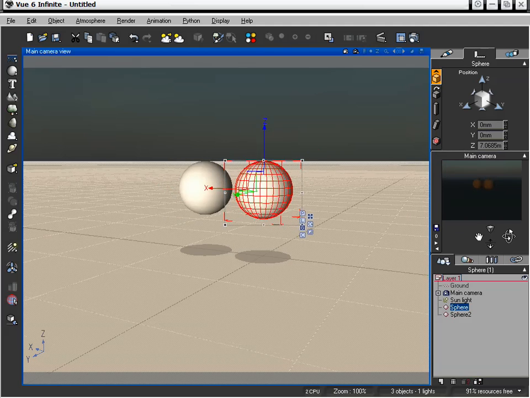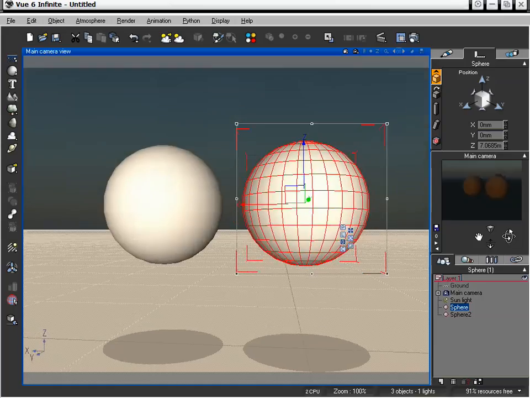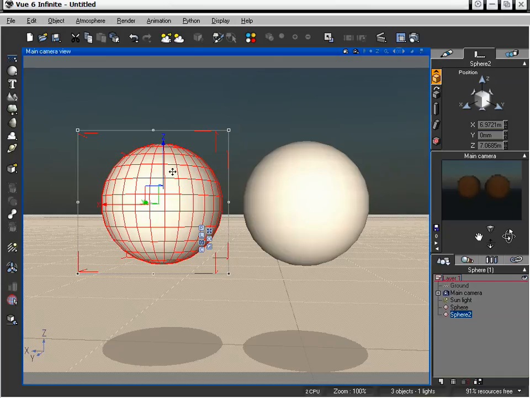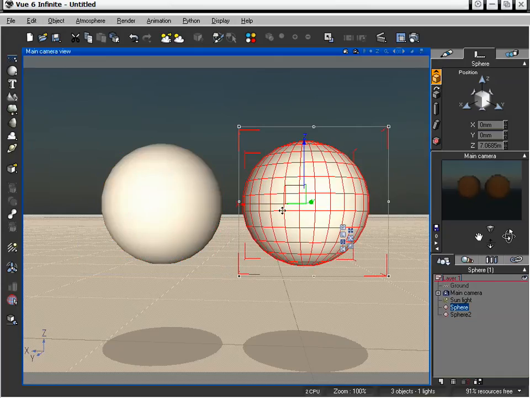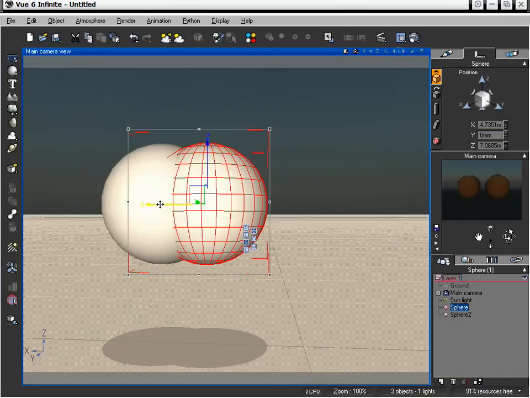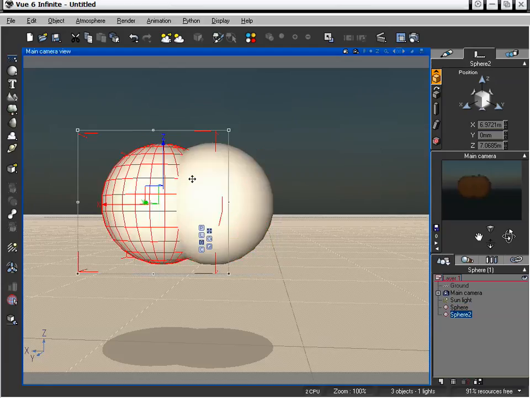Now let's take a look at some of the Boolean options we have available to manipulate these objects. Let's say I wanted to cut out a small portion of the sphere over here, and what I can do is actually use this sphere to cut it out. So I'm going to move this sphere intersecting with it, and I'm going to be using one of these spheres to cut the other one. So we're going to select our first sphere, and then we're going to select the second one,